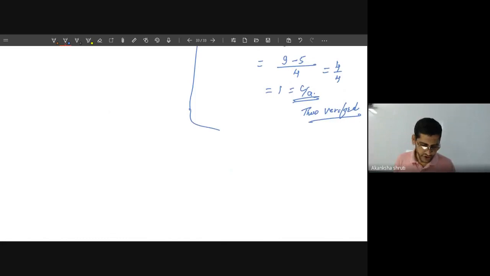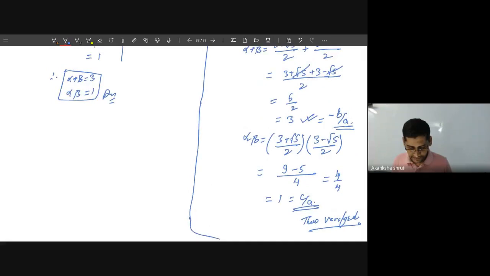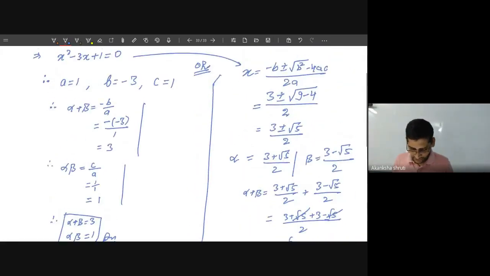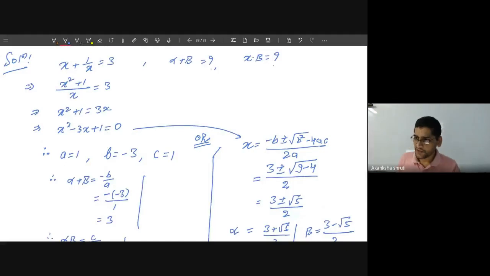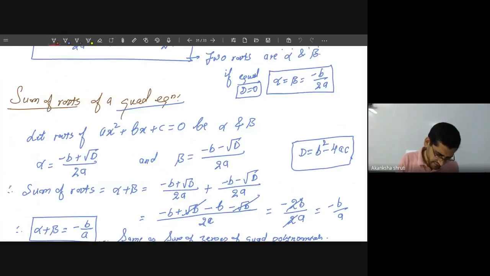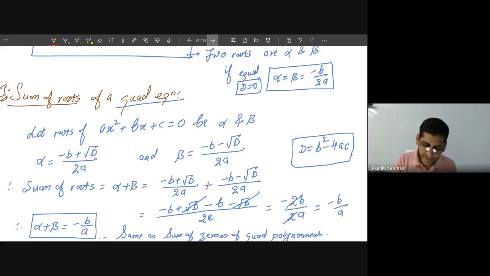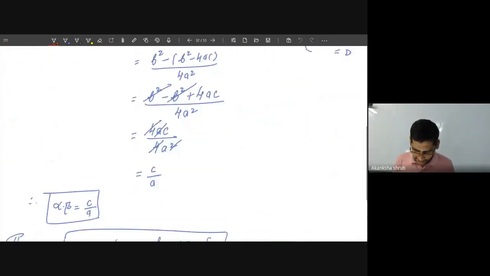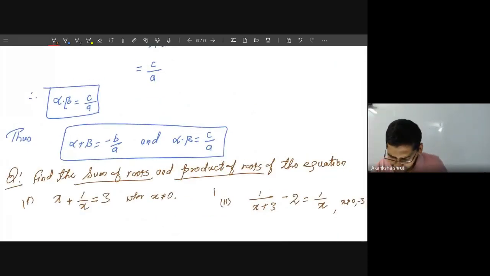Now let me take one more question. Or let us go for framing the quadratic equation if the sum of roots and product of roots is known to us. Students, keep in mind here, very first we calculated the sum of roots. How? By adding the roots alpha and beta. And how were these alpha and beta calculated? By quadratic formula. Based on this, how are the questions framed? You please do this as homework.